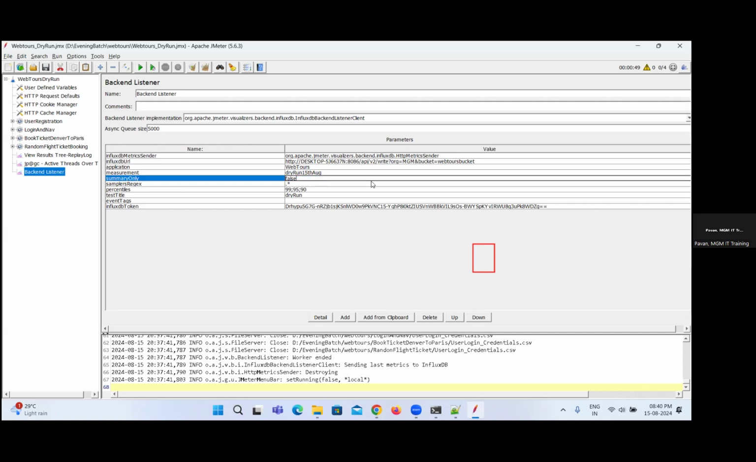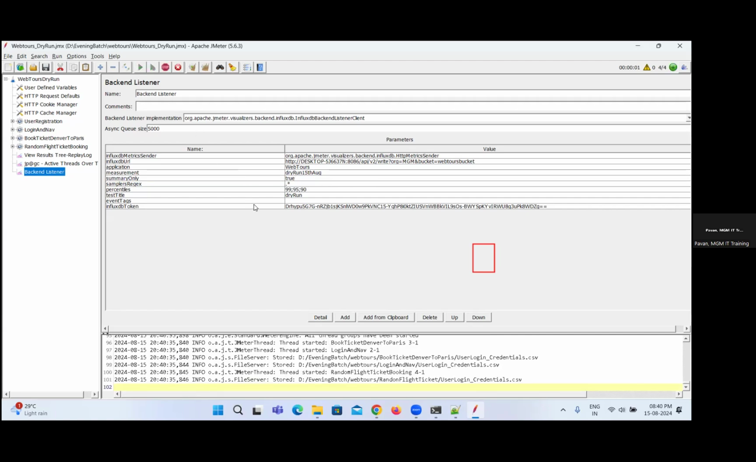Can you change it to true? Yeah, save it and run the test again. Save this and run the test again. The test is started, right? Yeah, the test is started. Now,